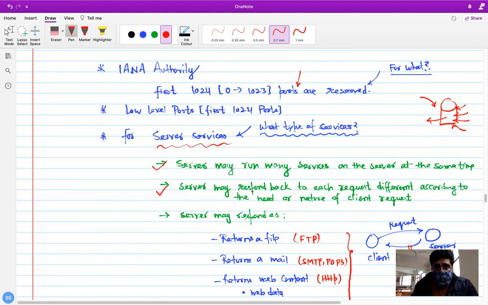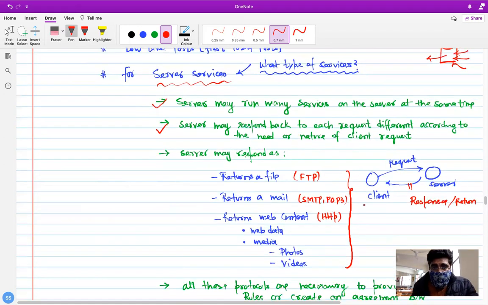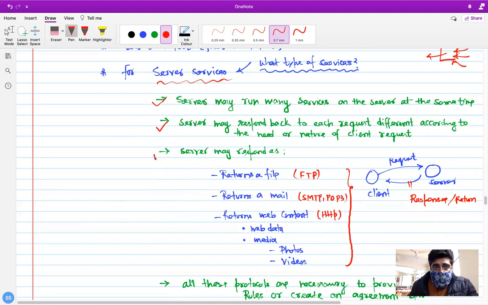The server may respond to each request differently according to the need or nature of the client request. So the server can respond as a file, as a mail, as web content. The server can return web data, or media such as photos or videos.